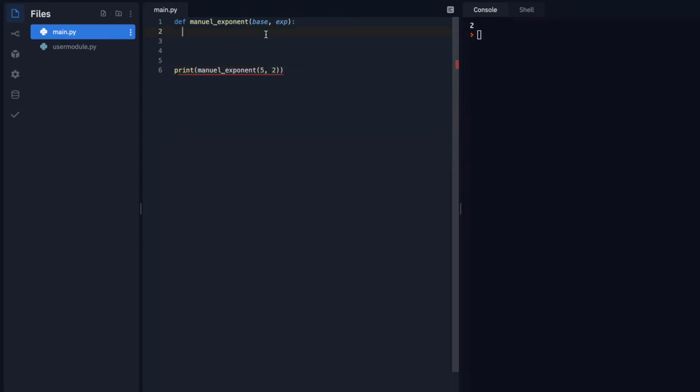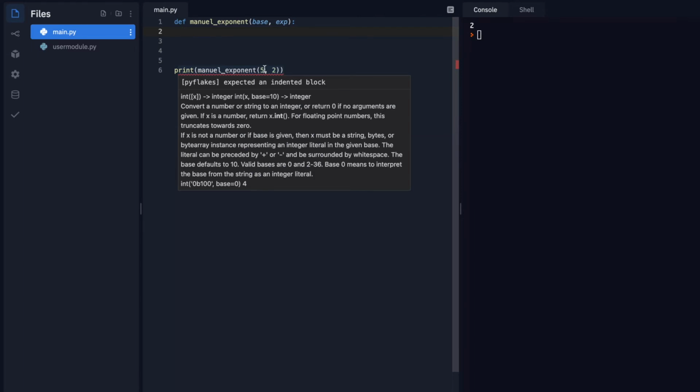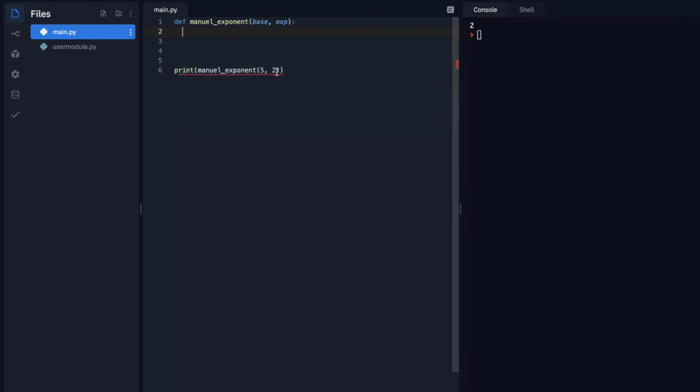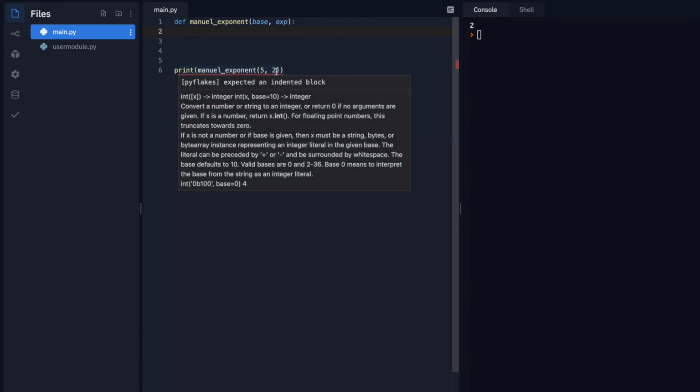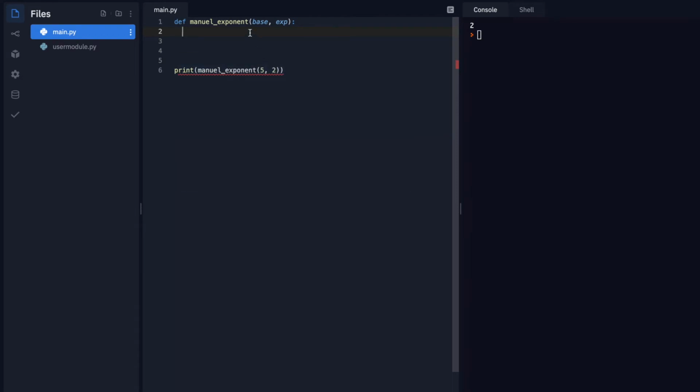So one way I can think of is that I can have this base, and I want it to multiply it by itself a certain amount of times. So I want 5 to multiply itself 2 times, right? So if I want to do maybe my base times itself, the amount of times that there's an exponent. So it sounds like a loop. So I think I'm going to do some kind of counter, and I just want you to have like, maybe just take my exponent, whatever it is, and